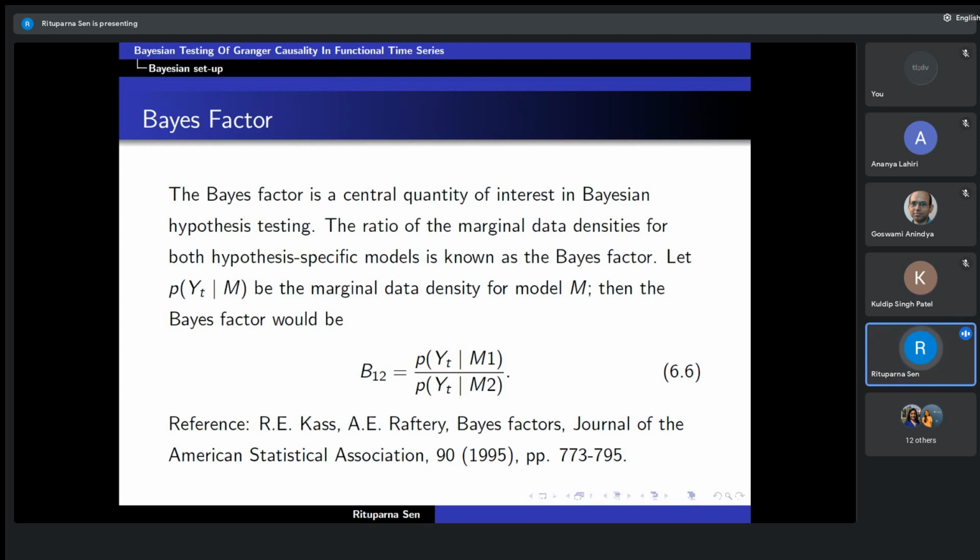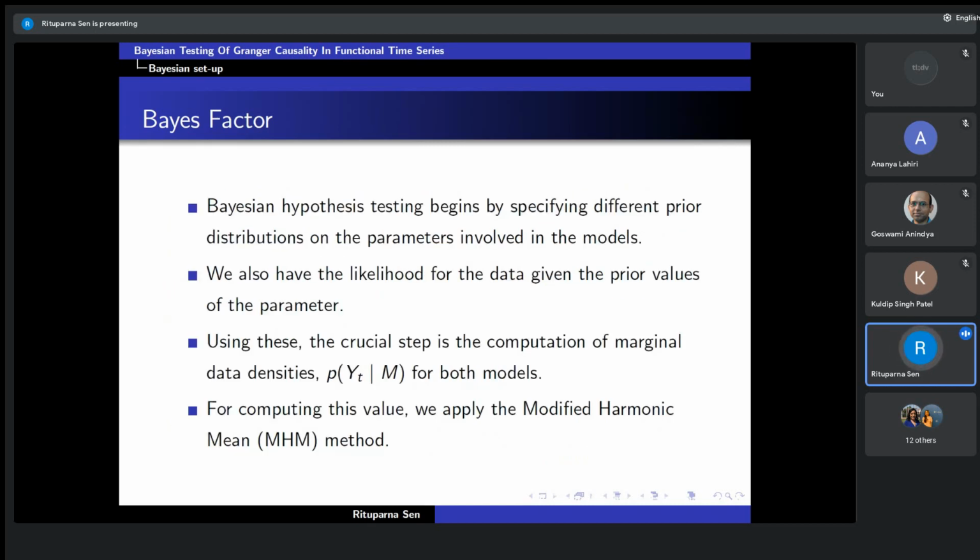For reference, you can look at the Kass and Raftery 1995 paper. So this is what we are looking at. You can see that if the marginal density is significantly higher in one of the models, then of course it is much better. Now, Bayesian hypothesis testing begins by specifying different prior distributions, and we also have the likelihood